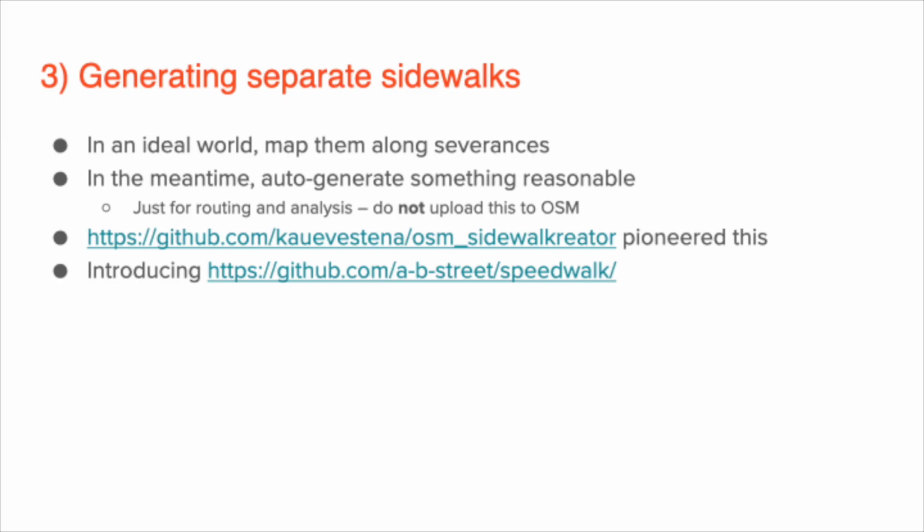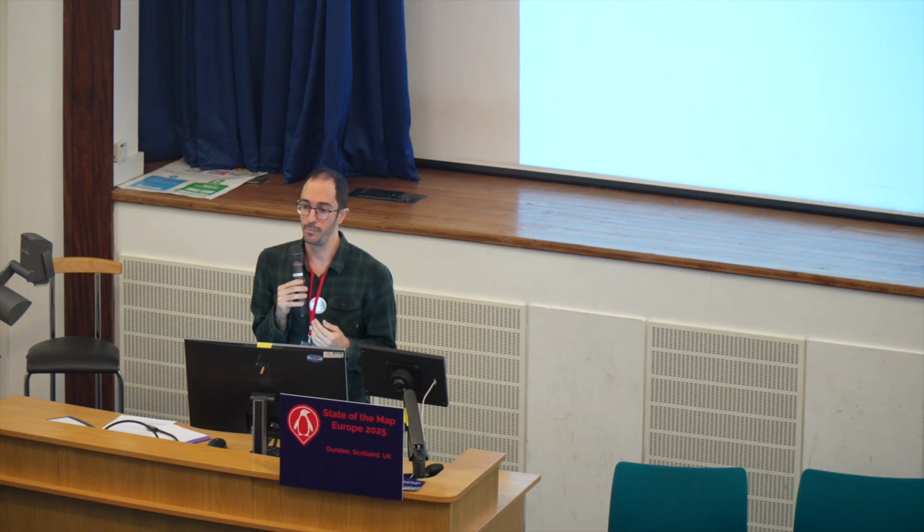And so in an ideal world, before you did some kind of routing or pedestrian accessibility analysis somewhere, you would go fill them in. But in practice, that might not be doable. And so instead, what you can do is just heuristically generate them. And the purpose of generating the separate sidewalks is not to upload it to OSM and claim that's real data. It's just for use in this routing engine or this analysis